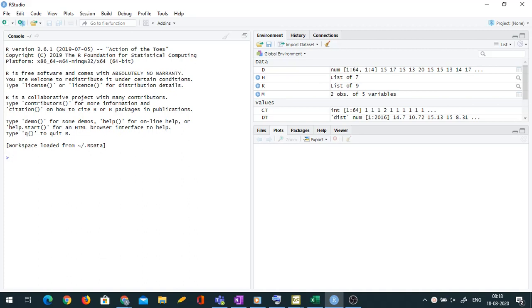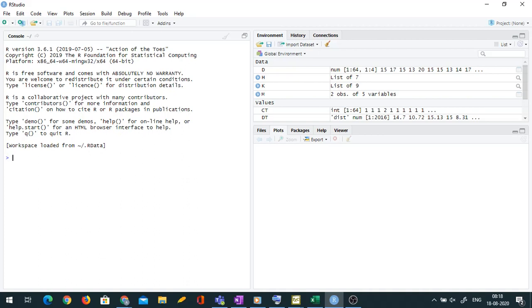One small point, jackknife method is also known as leave one out cross validation, LOOCV. Okay, leave one out cross validation. So today what we'll be doing is we'll be focusing on jackknife and bootstrap using R, and if time permits then I'll go to k-fold cross validation also using R. Otherwise k-fold cross validation we will do separately.